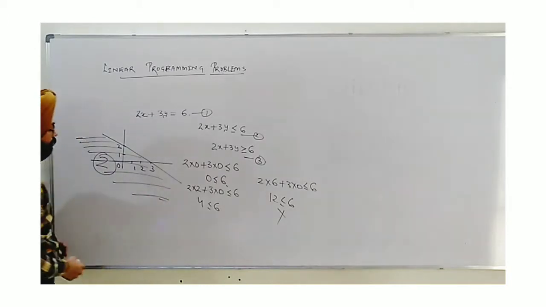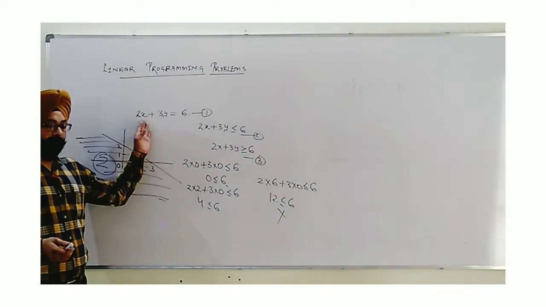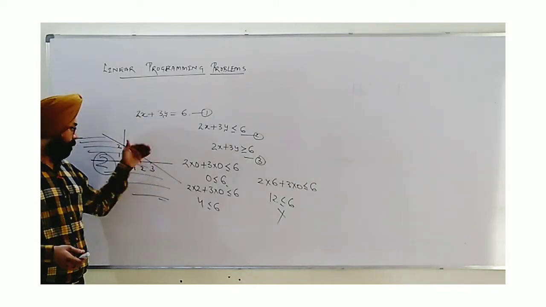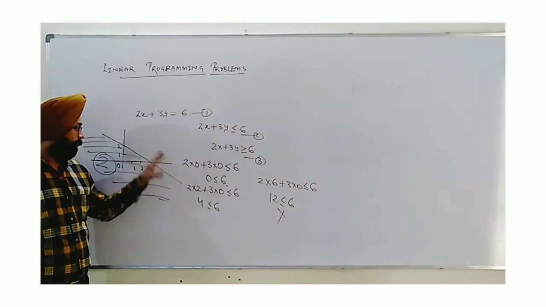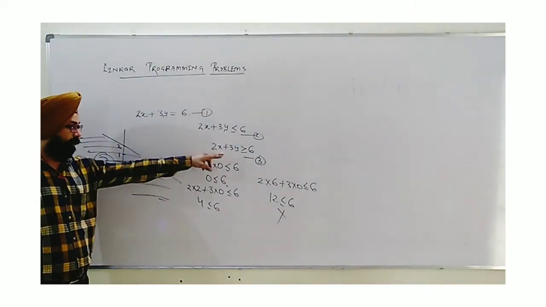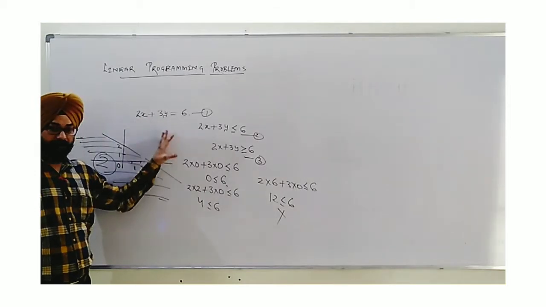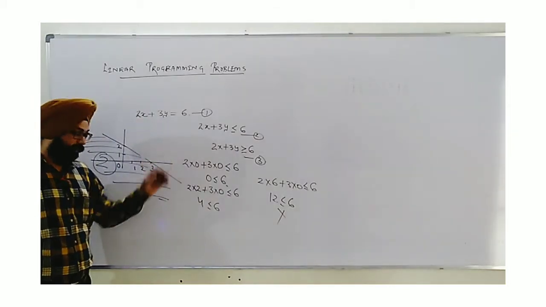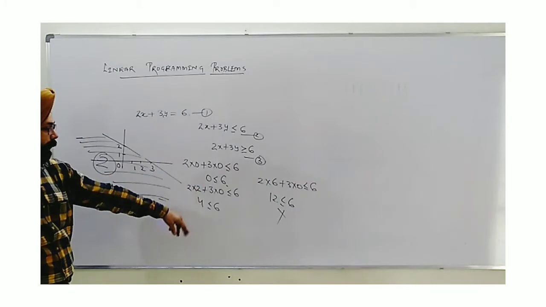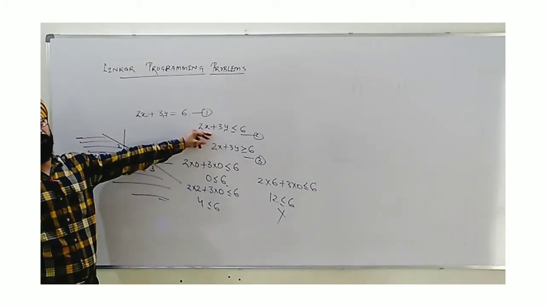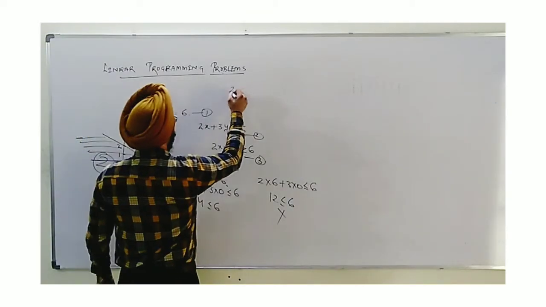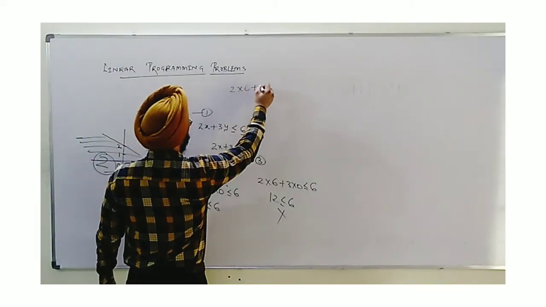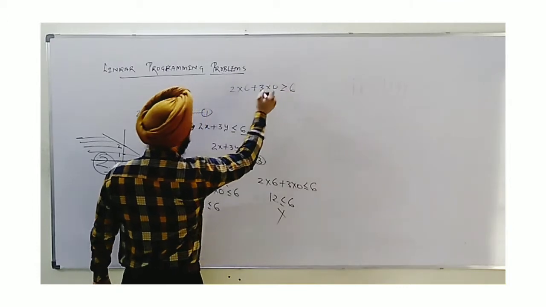Similarly, now there are three possibilities. The middlemost is taken by the straight line. One side has been taken by the second inequation. This is obvious. The third inequation will occupy this region. So let's check this. Like 6, 0, which I substituted in inequation number 2, the same thing if I put in inequation number 3, I find 2 into 6 plus 3 into 0 is greater or equal to 6, that is true.